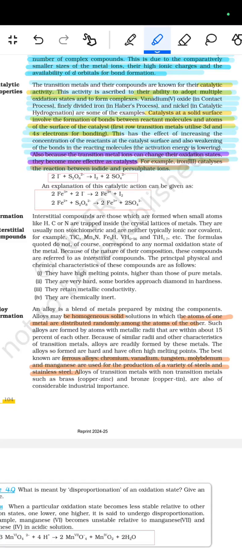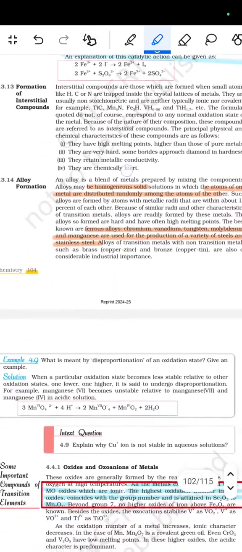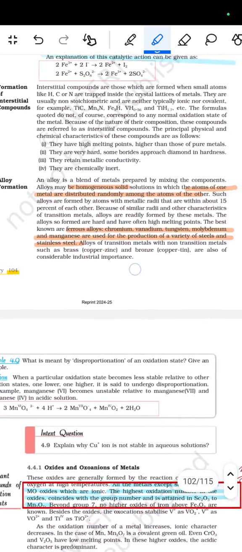तो I⁻ + Fe₂O₈²⁻ → I₂ + 2SO₄²⁻ देता है। An explanation of this catalytic action can be given as Fe³⁺ + 2I⁻, तो उसको I₂ में कन्वर्ट कर देगा, खुद Fe²⁺ में कन्वर्ट हो जाएगा, Fe²⁺ प्लस S₂O₈²⁻ तो Fe³⁺ में कन्वर्ट हो जाएगा और SO₄²⁻ से जो बन जाता है। फिर आता है फॉर्मेशन ऑफ द इंटरस्टिशियल कंपाउंड। तो इंटरस्टिशियल कंपाउंड आर दोज़ विच आर फॉर्म्ड